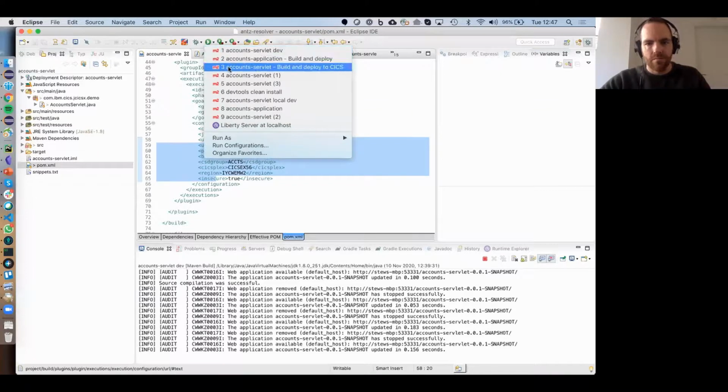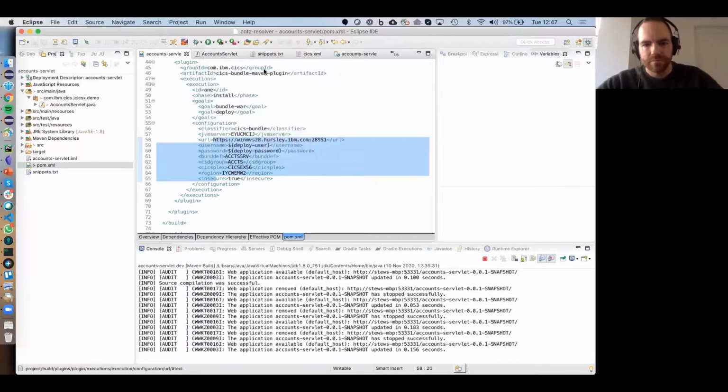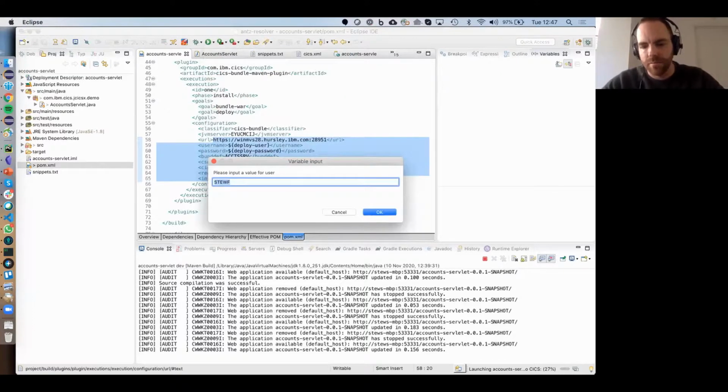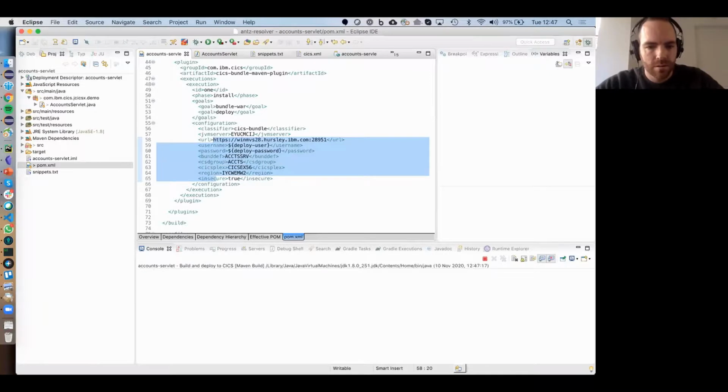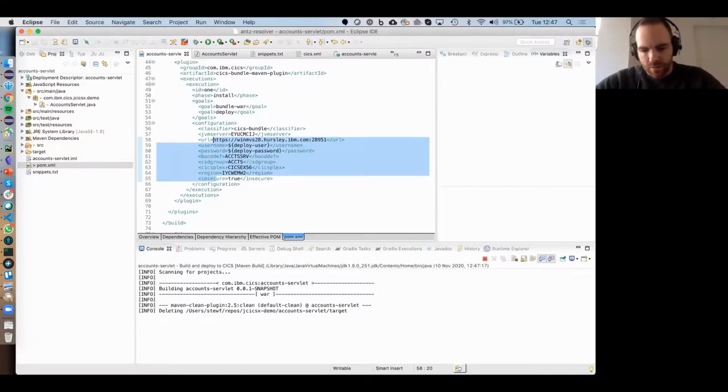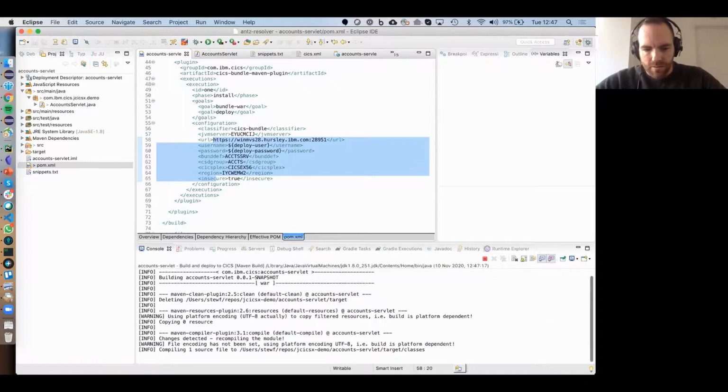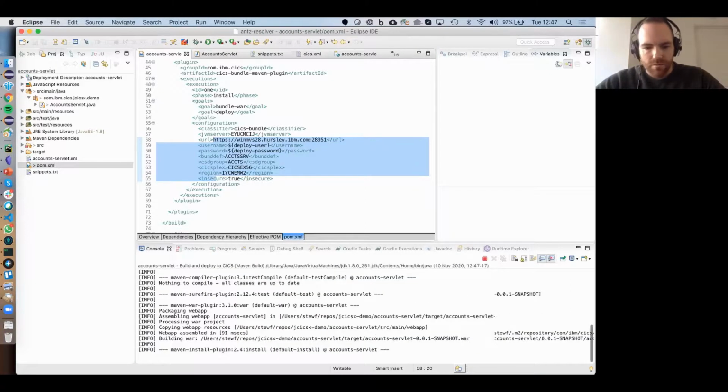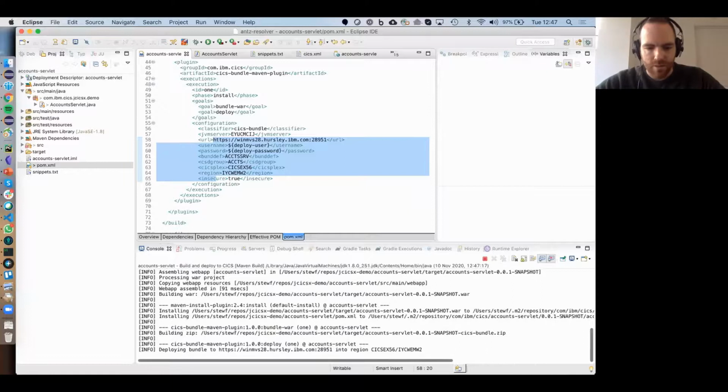So that's going to be this build here, which I have pre-configured. If I run this, it's actually going to prompt me for my username and password. So you'll be able to see from the build log at the bottom, the first thing we do is we go away and we build our Java application. Then we're going to wrap that in a CICS bundle. Once that's been wrapped in a CICS bundle, we're going to use the bundle deploy endpoint to push that into